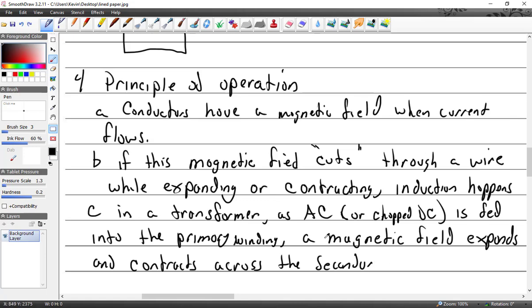Well, I want to stick with my notes, so let's do it this way. It is fed in the primary winding, a magnetic field expands and contracts around the primary. Let's say that. So we're talking just about the primary. Right now the primary is expanding and contracting a field. That's all I've really said in my notes. So you just have one thing happening: primary, expanding, contracting. We haven't even got to the secondary yet. But before we get to the secondary,